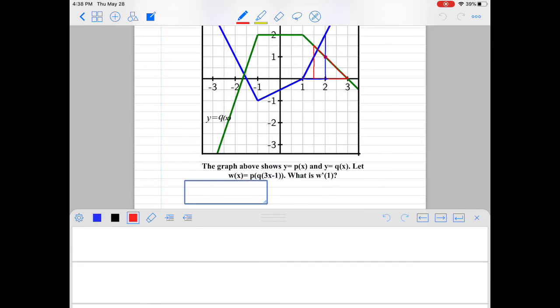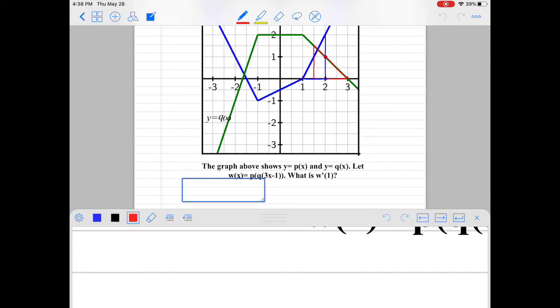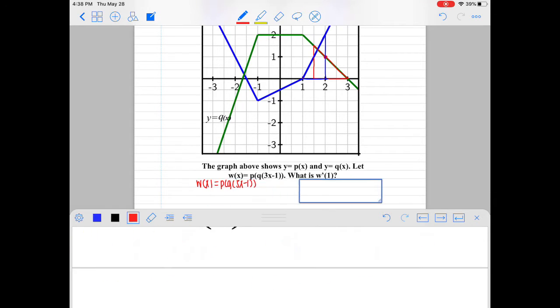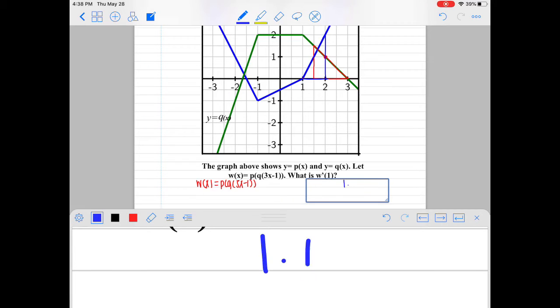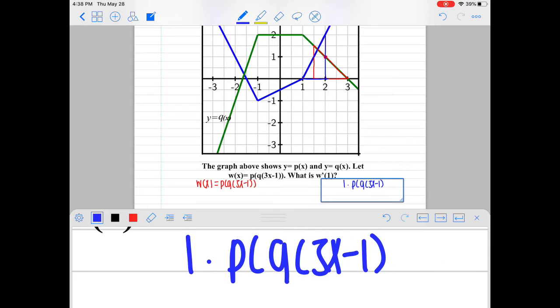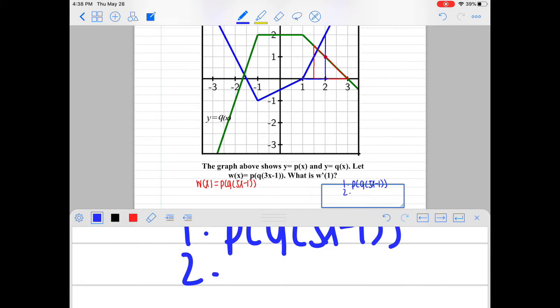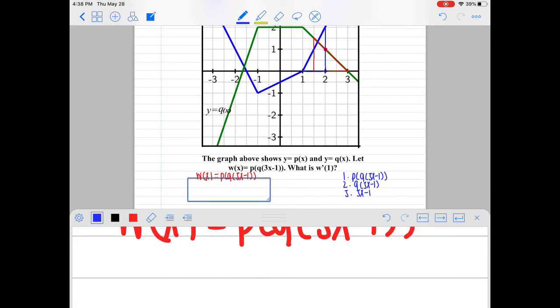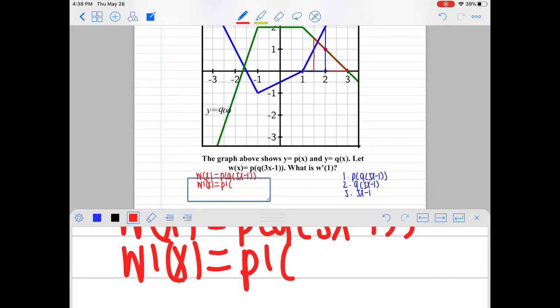And as you can see here, we are going to be applying the chain rule multiple times, and the function given is w of x equals p of q of 3x minus 1. So the outermost function is p of q of 3x minus 1. Then the inside function is q of 3x minus 1, and the innermost function is 3x minus 1. So in order to apply the chain rule and find the derivative of this, we have to take the derivative of each of those